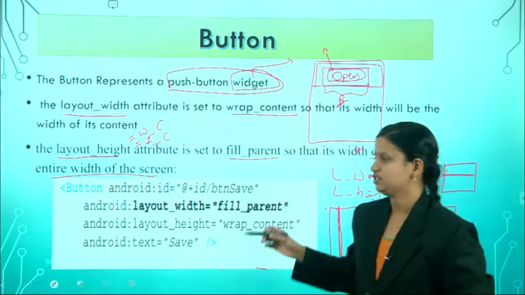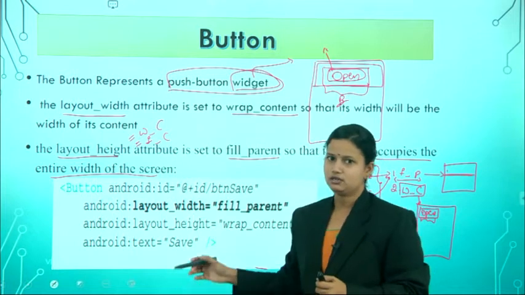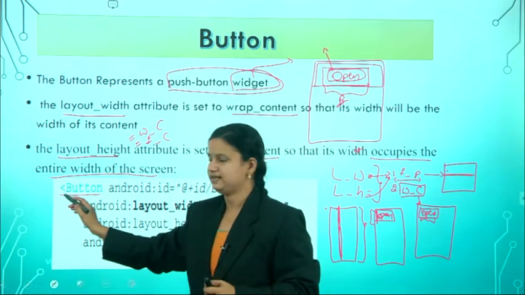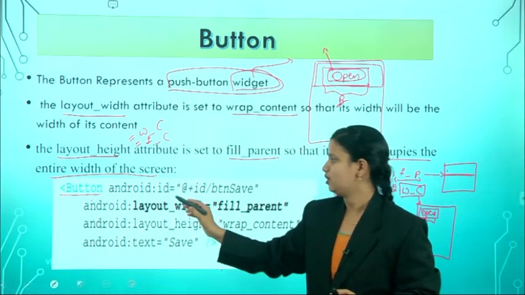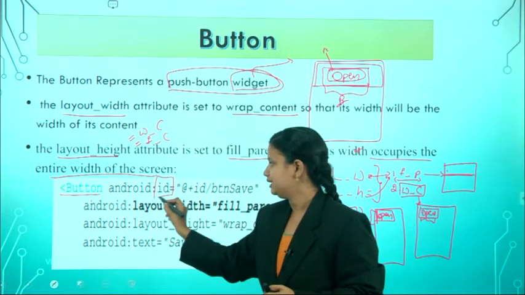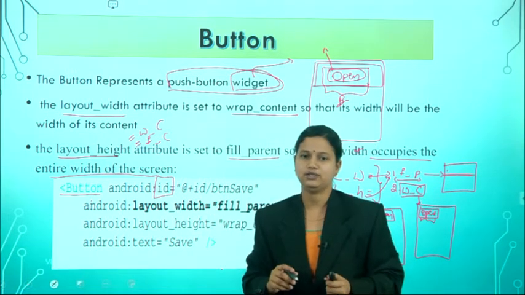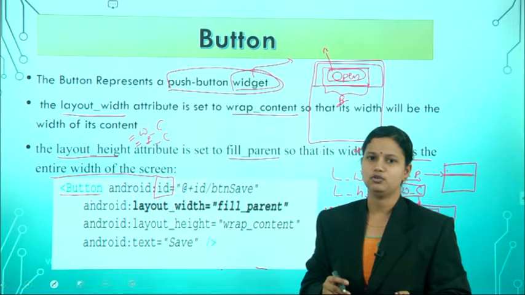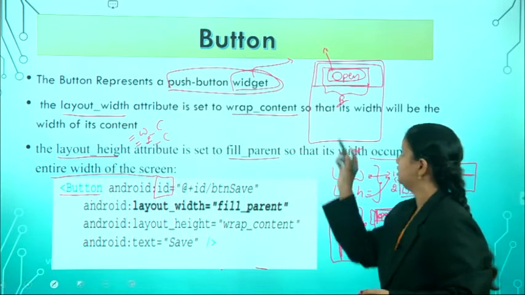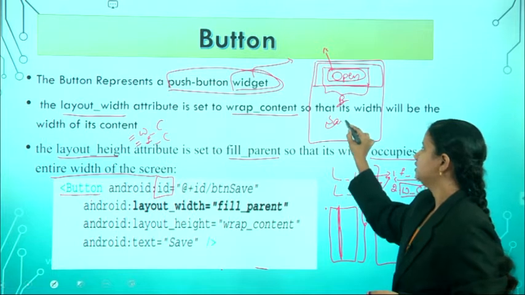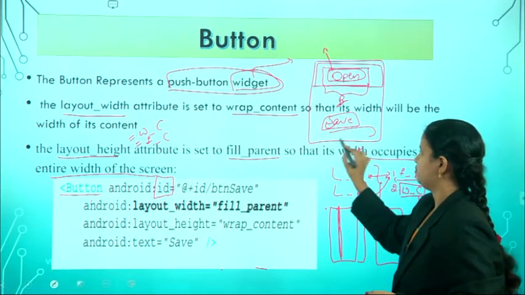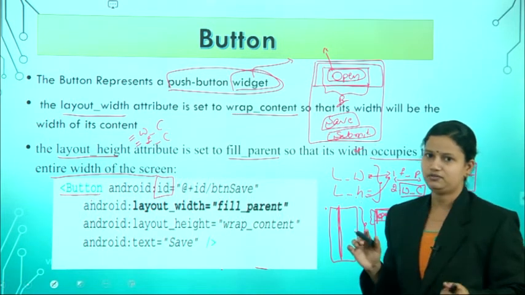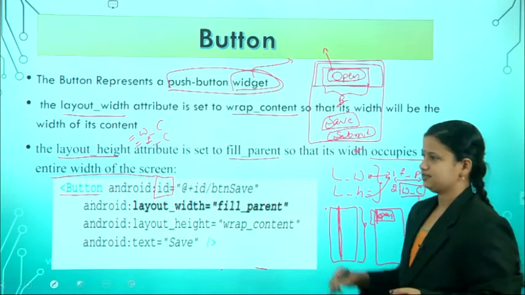So now we first go with the implementation of the button. While implementing a button, you initially open a tag for your button, that means less than button. After that we have to specify the ID property to uniquely identify it. If your user interface has only a single button, we can identify it easily. But if your user interface has more than one button, like a save button, an open button, and a submit button, there are different possibilities.